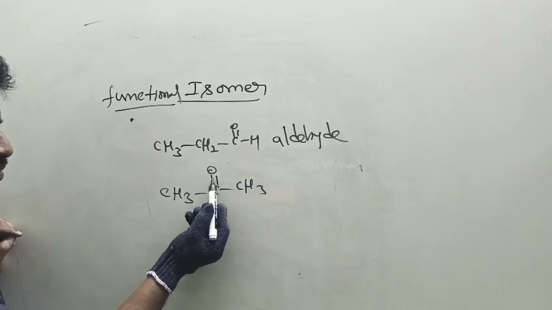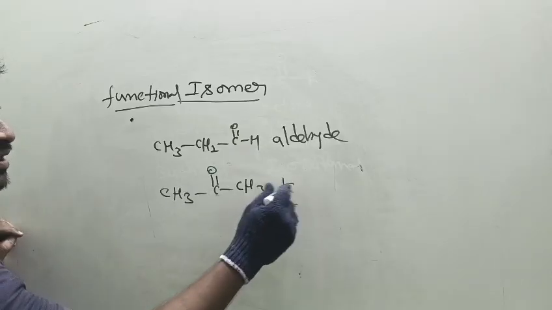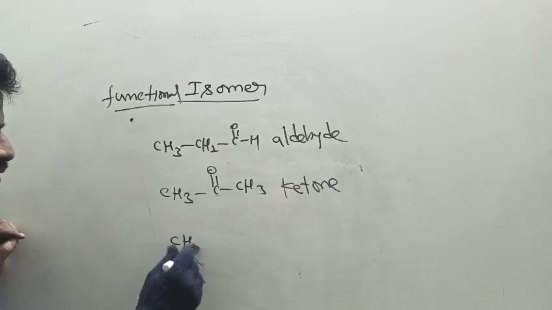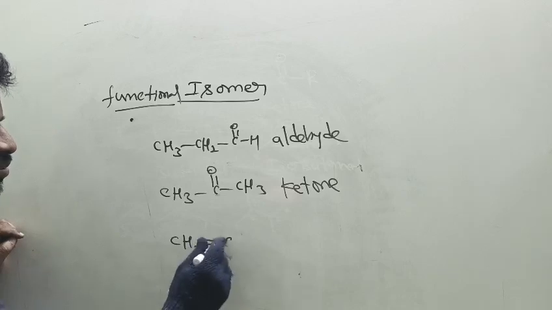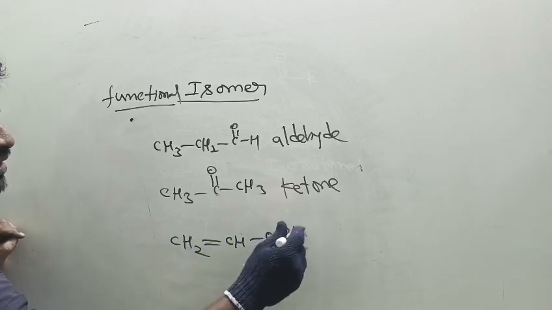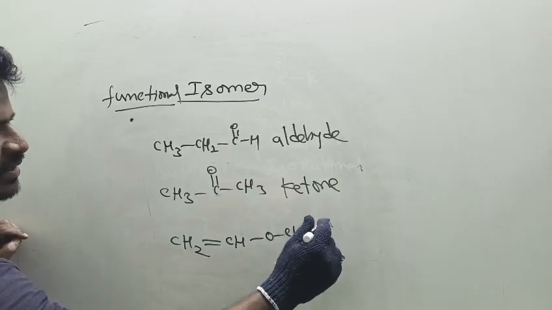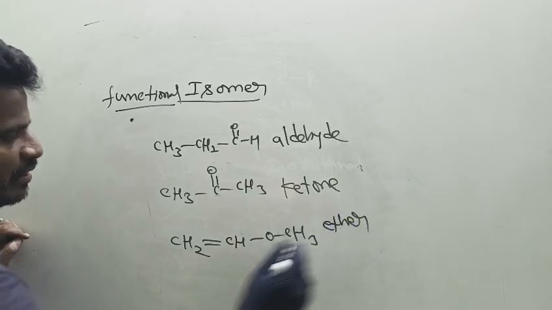Here C double bond O containing 2 alkyl groups, it is ketone, and it is CH2 double bond CH OCH3. Oxygen has 2 alkyl groups, it is ether, and